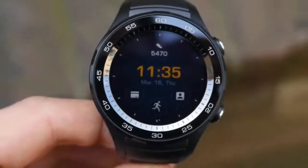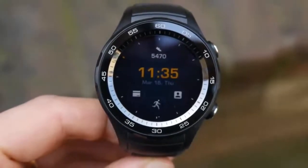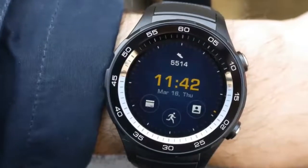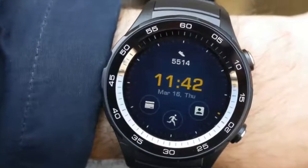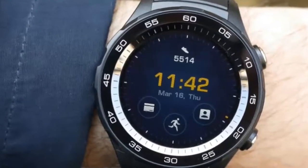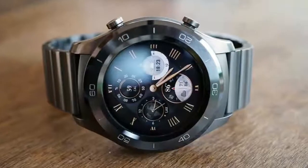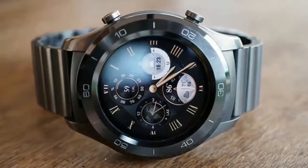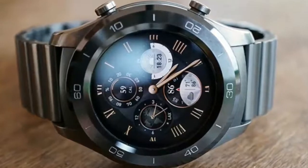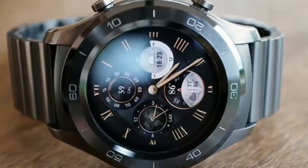It's also since been replaced by the Huawei Watch 2, so you'll need to be looking for this as a real bargain way to get into Android Wear. At launch prices started at around £299, $349.99, up to $549, making it one of the more expensive Android Wear watches, though it's since dropped substantially